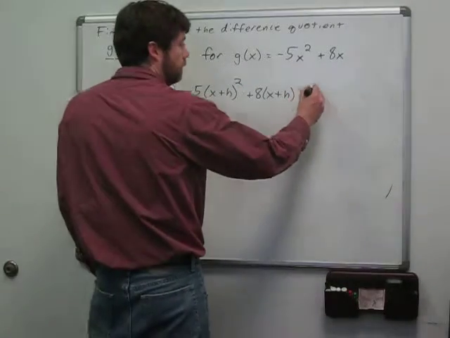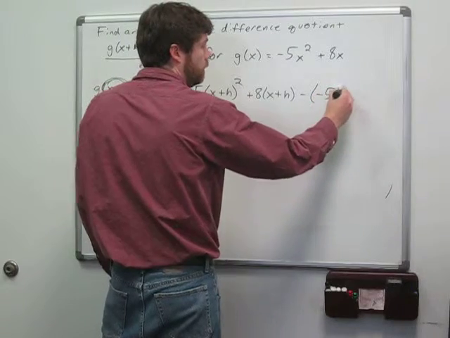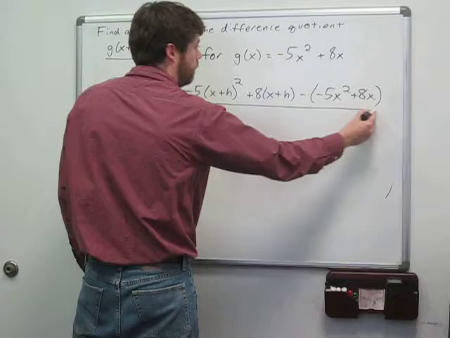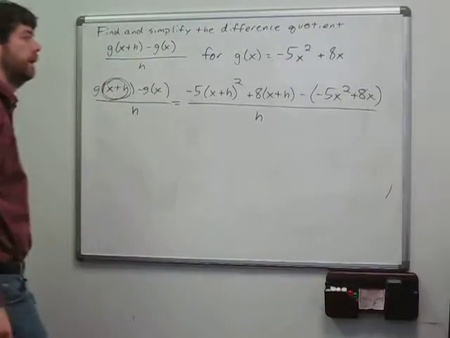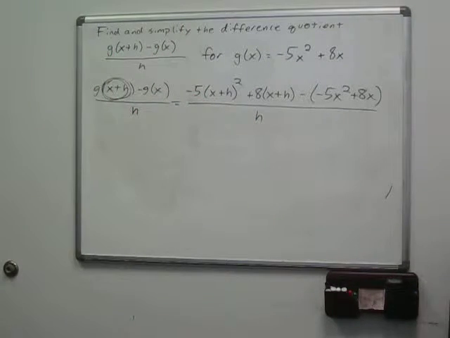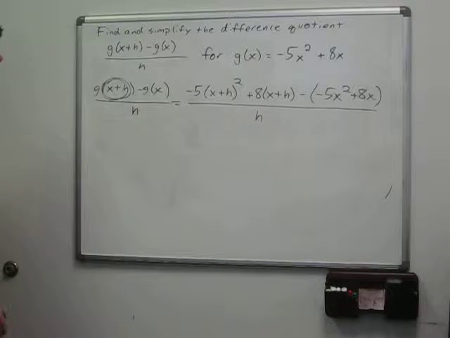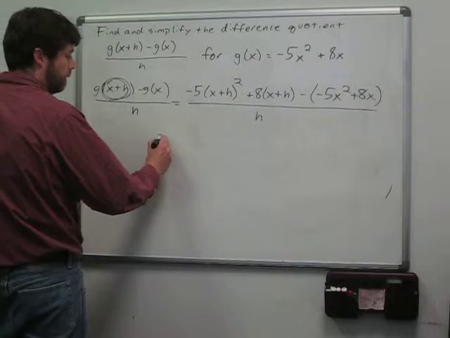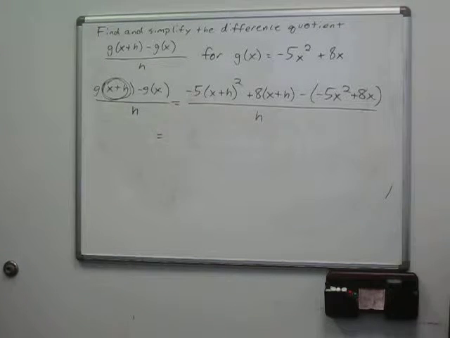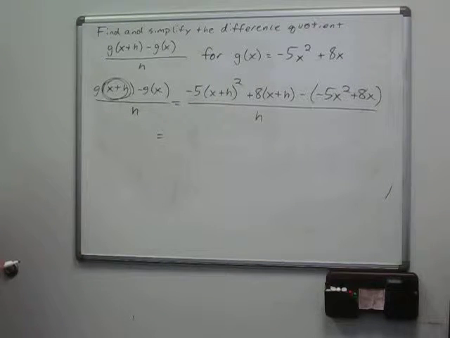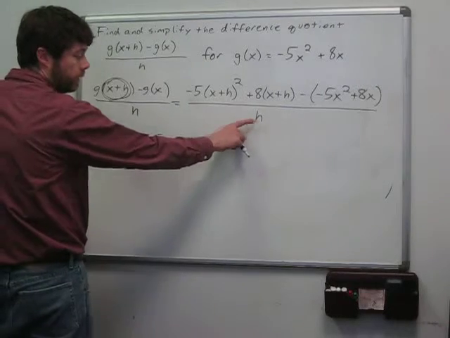And then we need to subtract our function g of x and divide the entire expression by h. Okay. So after we plug in for our given function, we start working toward expanding that numerator out completely in hopes that we will eventually be able to simplify this expression so that we can cancel the h out